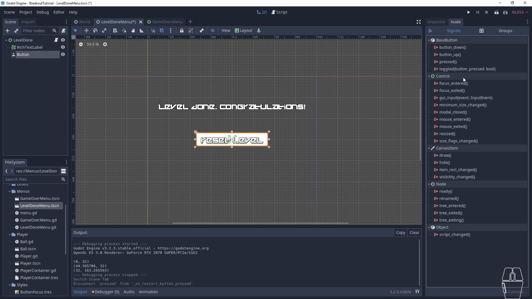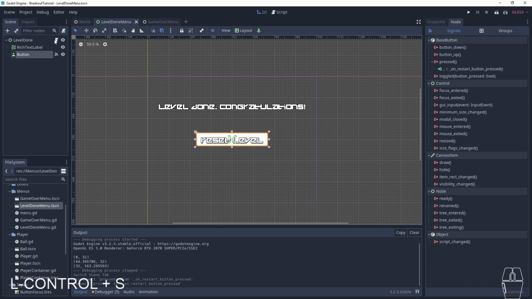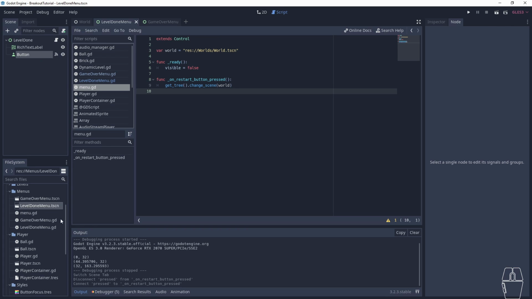Did we connect this as well? I don't know, maybe we did. Okay, let's connect it with the same name, connect button, and you see that it's not adding any code here because it's already inside the menu GD and kind of recognizes that, I guess. Okay, so let's go